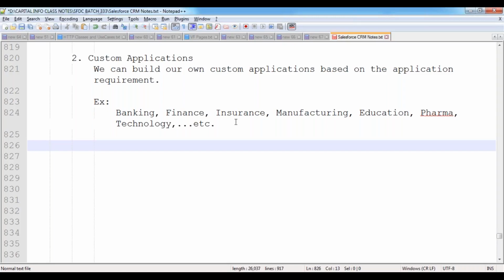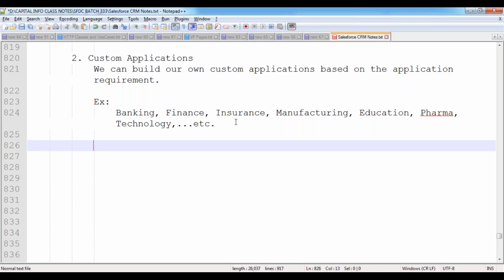Suppose you have your mobile. The mobile belongs to whom? It belongs to you. So you are the owner of the mobile. You can do whatever you want with your mobile. We can make calls, access the internet, play some games. If the mobile is not required, you can throw it into the dustbin also. Because you are the owner, you have the rights. In a similar way, here also, whatever custom applications are developed by the developers, that means we are the developers, we are developing, so we have the full rights.